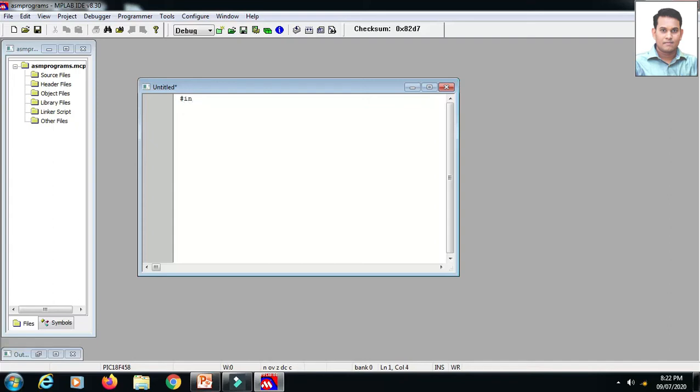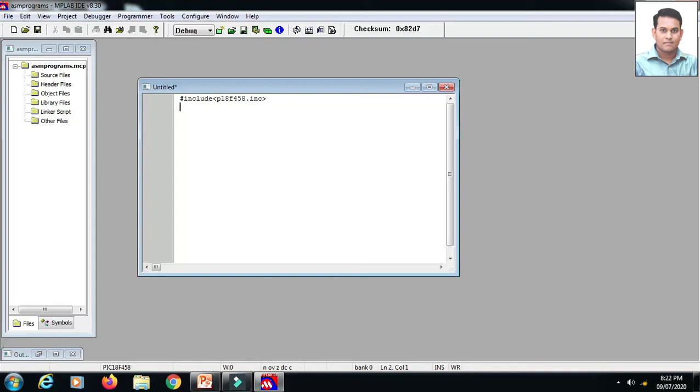So the instruction for that is #include <P18F458.inc>. This instruction is compulsory for all assembly language programs. Then and only then you will be able to write and get the correct results. Okay, so this is what I need to write for an assembly language program. For C, we will write #include <p18f458.h>.